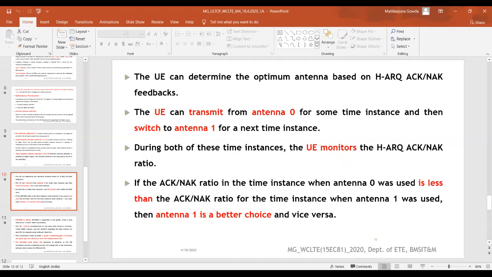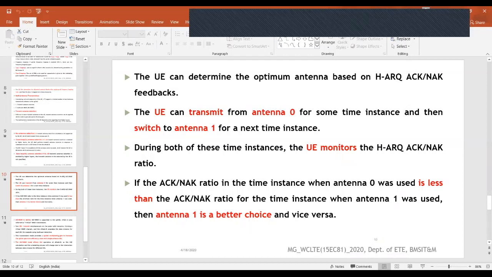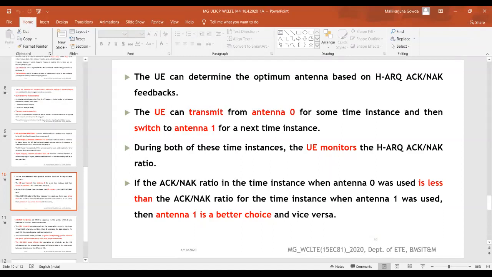In a nutshell, depending upon the value of this hybrid ARQ positive acknowledgement and negative acknowledgement ratio, the selection of antenna 0 or antenna 1 will be done. So this is about the transmit antenna selection method.